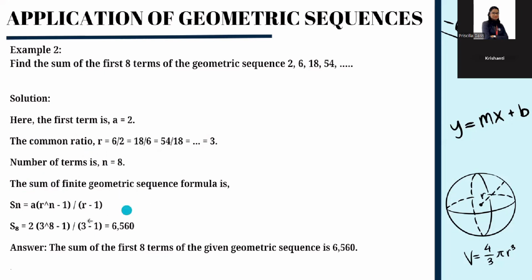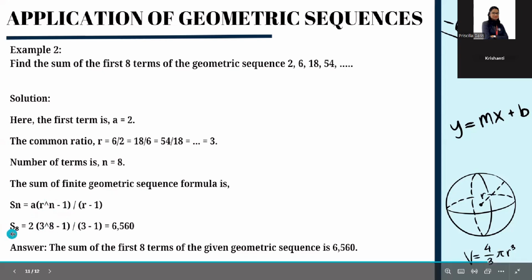So for the sum of this geometric sequence, we will use the same formula I mentioned previously. We know the number of terms is 8. So our first term 2 times 3, our common ratio, to the power of 8, the number of terms, minus 1, over 3 minus 1, which is the common ratio minus 1. So we get a total of 6,560. So the sum of the first 8 terms of the given geometric sequence is